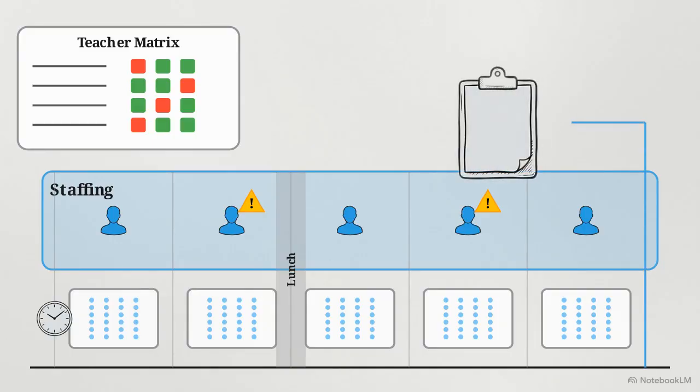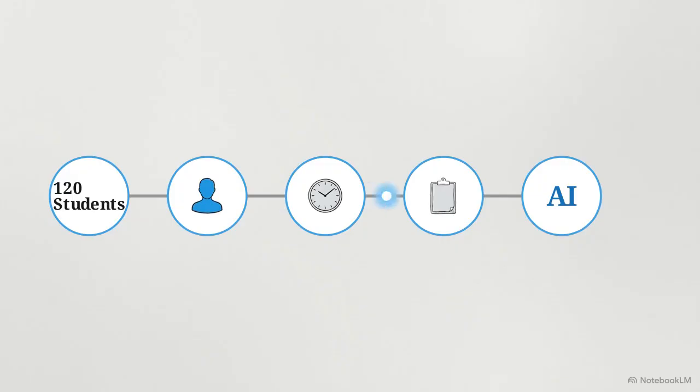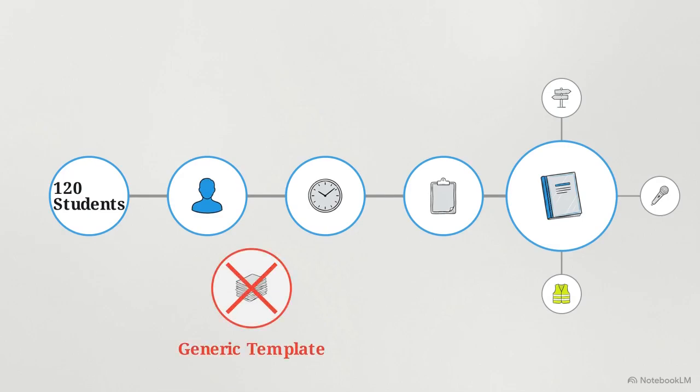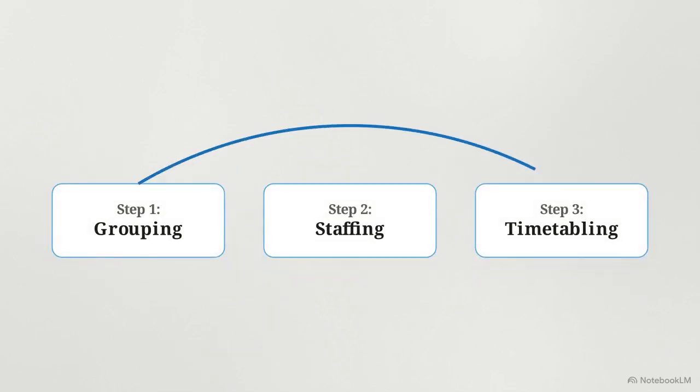For the final step, we ask the AI to generate a comprehensive logistics checklist, covering AV equipment, room signage, and duty staff, based entirely on the previous steps. Maintaining thread continuity allows the machine to reference its past decisions, generating highly specific action items for your event, rather than a generic template. The urge to skip steps to speed up the process is strong, but skipping steps forces